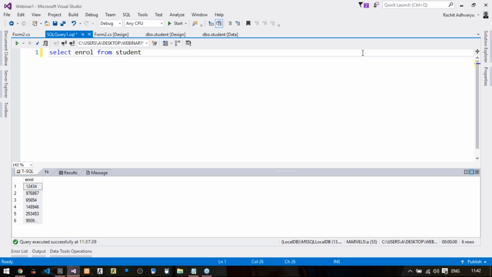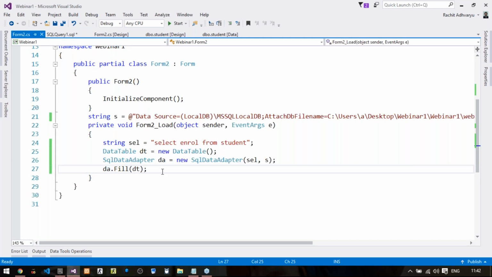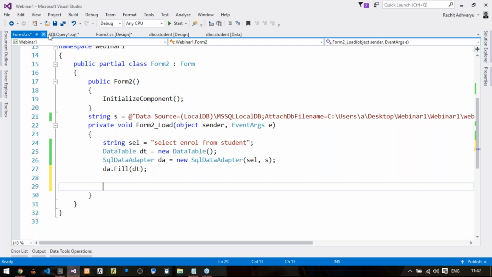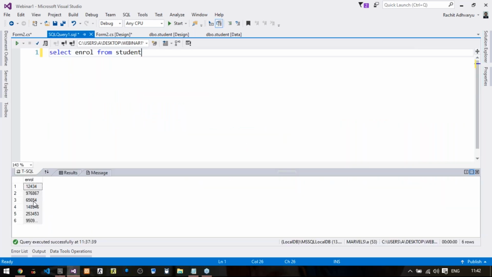Now, what is our task? We need to fill all this data into our combo box. And as we know, this query is returning multiple rows. We have row 1 with some value, row 2 with some value, row 3 with some value, and likewise rows 4, 5 and 6 have different values. Now to store all these values one by one in our combo box, we are going to use a for loop.